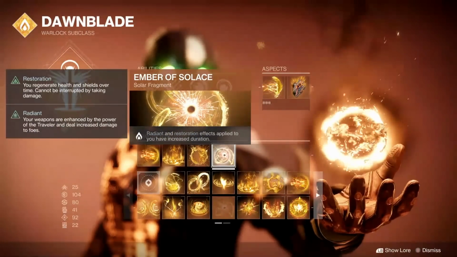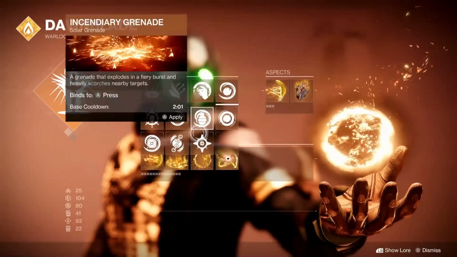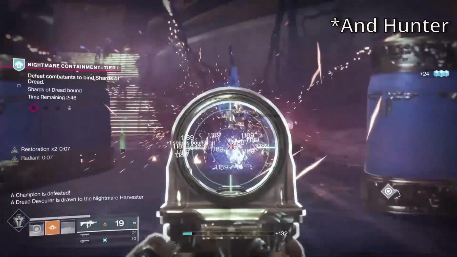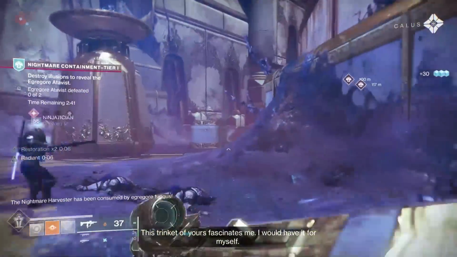If you're watching this after Season 17 however, healing grenades are a great substitute when the Classy Restoration mod is no longer available. The example you're seeing in the background is gameplay on my Warlock. Activating my class ability gets me my restoration, and using my powered melee attack makes me radiant, giving me that